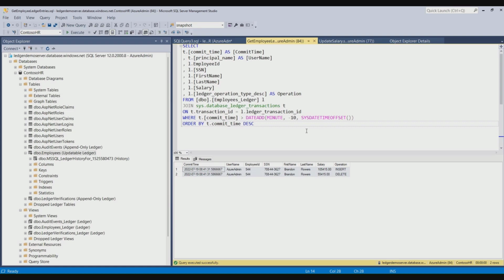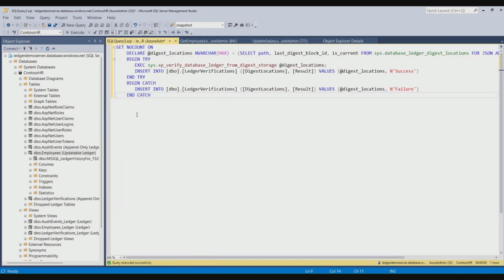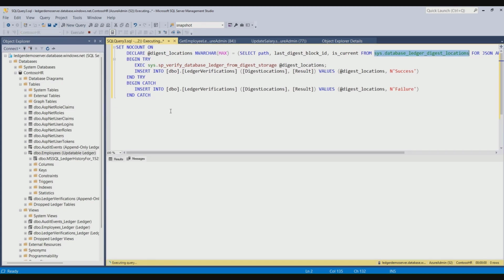To verify now whether the data inside the database can be trusted, you can run the stored procedure. I just copied the script from the portal, and first of all, what we're going to do is fetch the digest location, so where the database digest files are stored, and then we're using that location and running this specific stored procedure, exec sys.sp_verify_database_ledger_from_digest_storage, right? So if we run this,